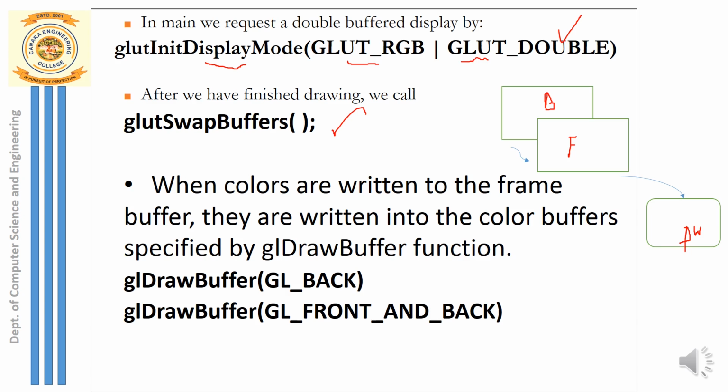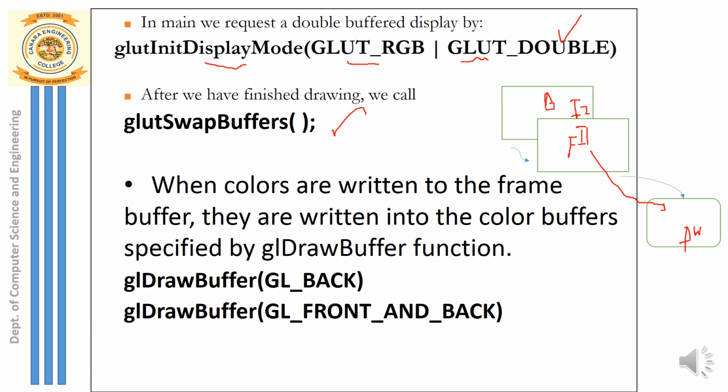Like I already said in my previous slide, image 1 is the very first image that you want to display directly on the display window, and you have it in the front buffer. Image 2 is the next image that you have in the back buffer. The displaying of an image happens in two stages. First, image 1 will be displayed on the display window.